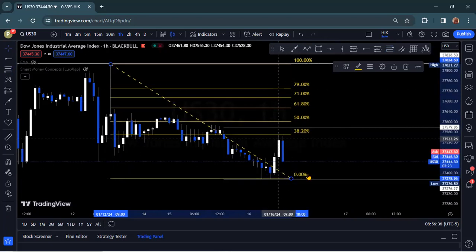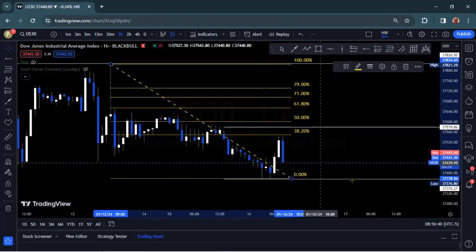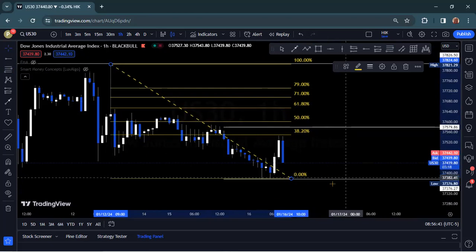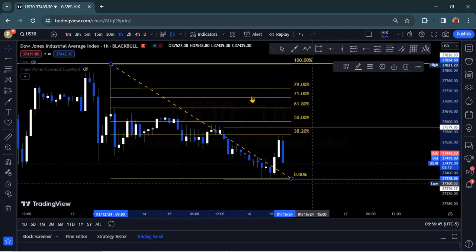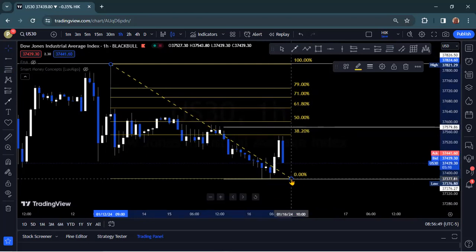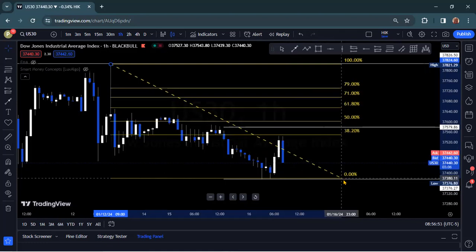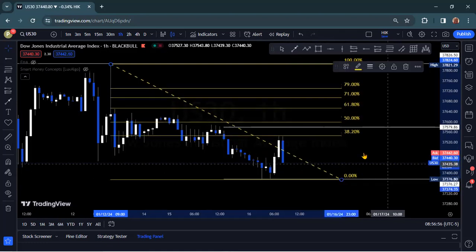This is resistance, this is support, and you just stretch it out all the way down to the bottom and wait. You can do it this way,